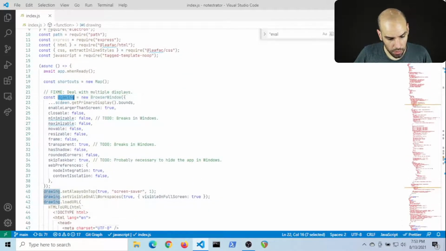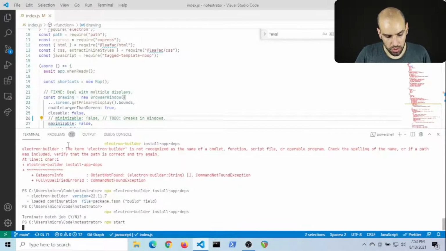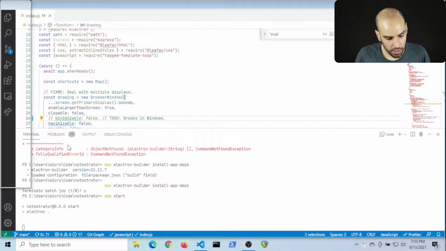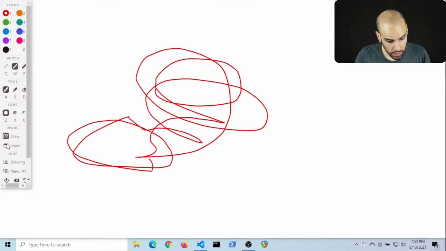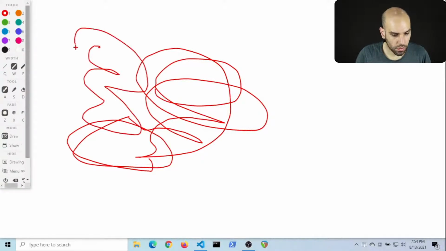So for instance, here my drawing window has a bunch of magic going on. I even noted last time I tried this on Windows the things that break on Windows. So if I do it like this, there is a chance that just by doing this, the app will now sort of work, and at least I can test that the things that I'm doing are not breaking everything. Yep, so now I can draw. And I can click on buttons. Hopefully, no, I cannot click on buttons, but at least I can draw. And I can send keyboard shortcuts.